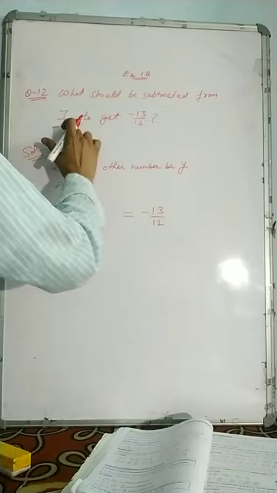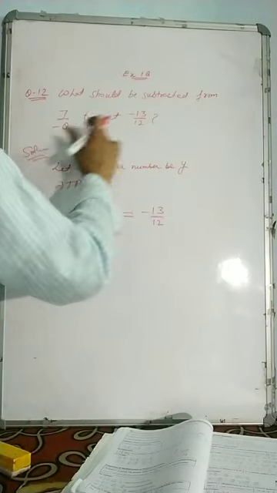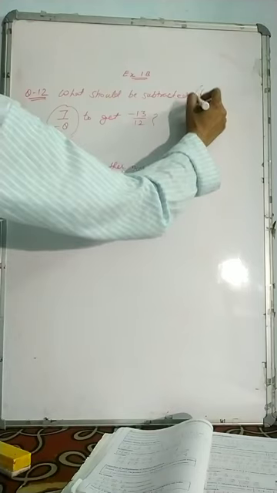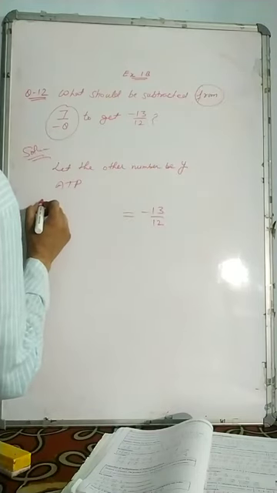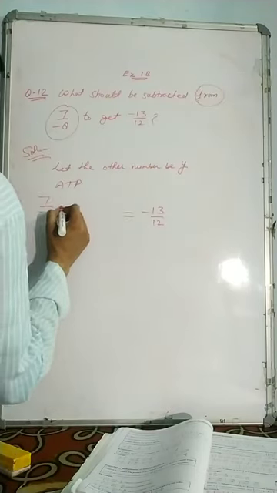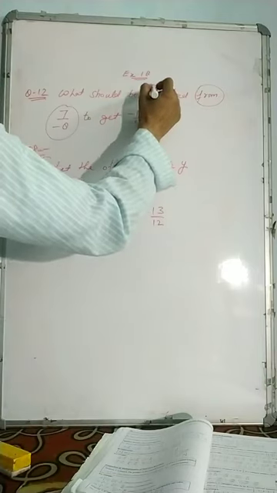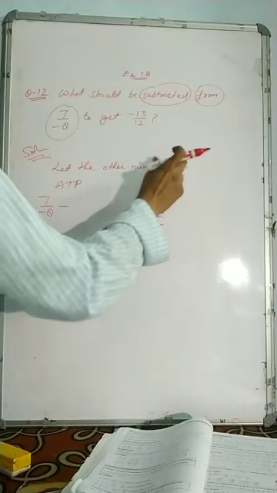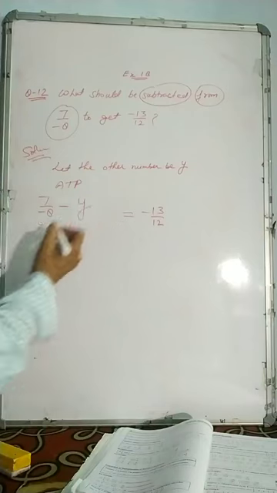From 7 upon minus 8 means the starting point is this one, 7 upon minus 8, it is the from part. So first of all we will write 7 upon minus 8, and then minus, according to the question, because you are going to subtract two rational numbers. So here we will write the minus symbol between the two rational numbers. Now write the second rational number, that is y.